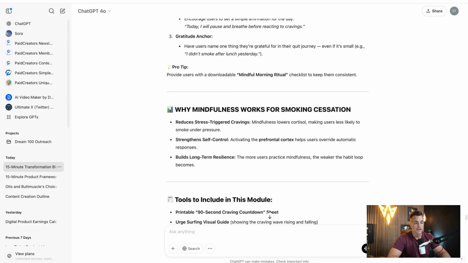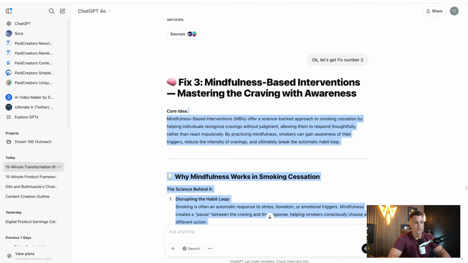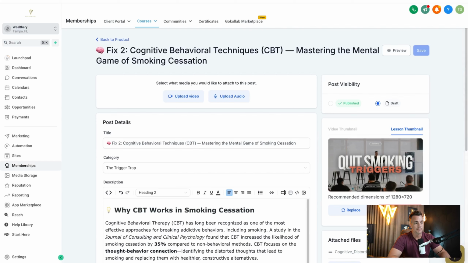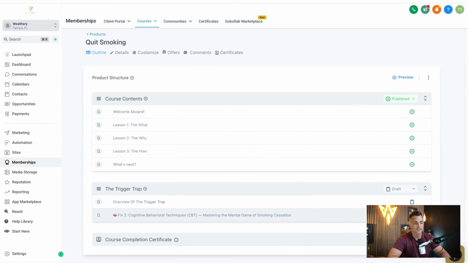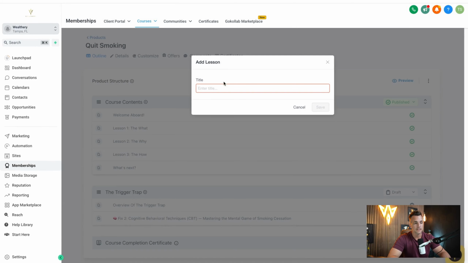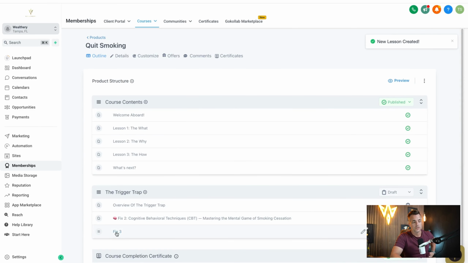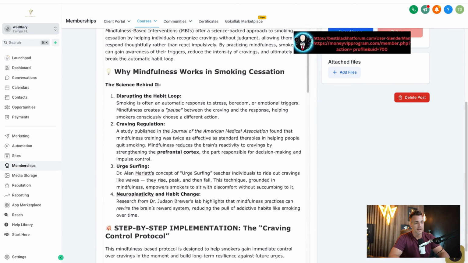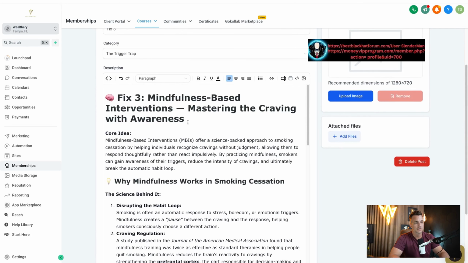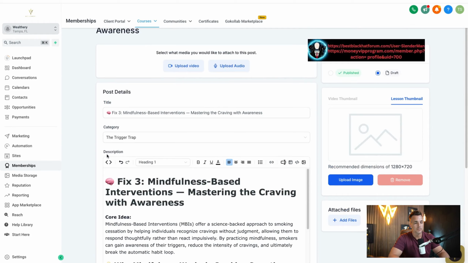But as you can see, we now have a beautiful fix number 3. So I go back in here. I've already got fix 2. Add this, add lesson. Fix 1, fix 3. I don't need the name yet because I'm going to edit it when I'm actually in the module, because I do a little copy and paste there. Now I go back to the top. Copy this. Paste it. Looking beautiful.